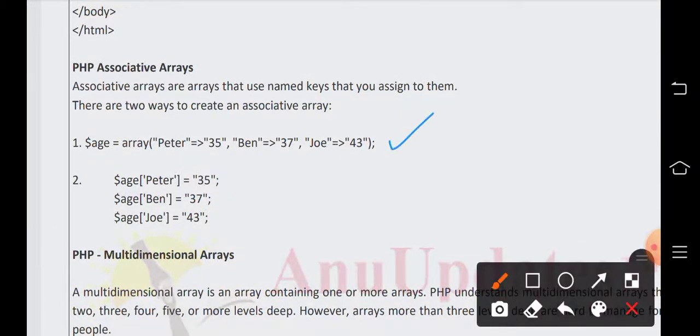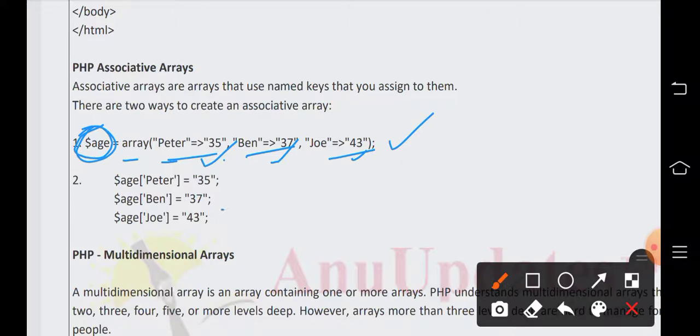One is you can directly write the name of the variable with the array function. Peter implies 35, means Peter's age is 35, Ben's age is 37 and Joe's age is 43. In this way you can store the values in a single variable.